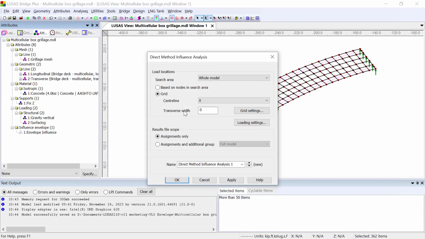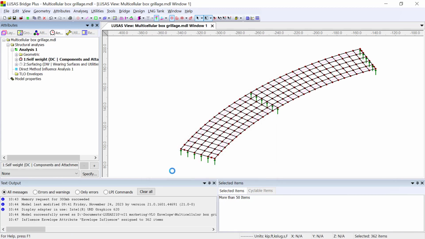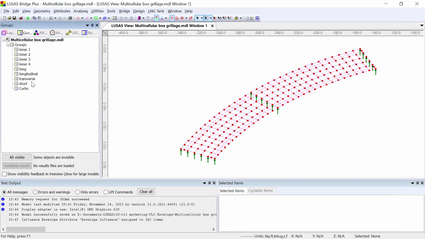You'll notice the first improvement that this new influence type can be assigned directly to geometry features, such as lines, surfaces and volumes, rather than to the mesh. This means that any change to the mesh in your model will not invalidate your VLO results. I'm going to select my curb lines,